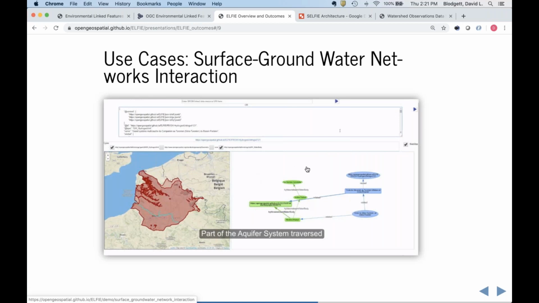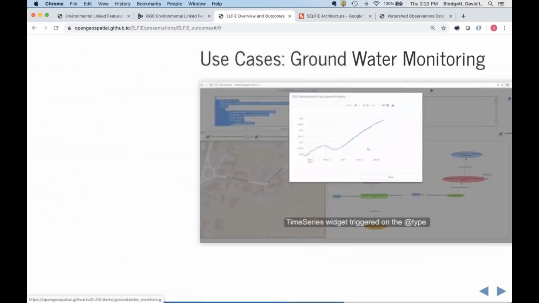They actually built a little viewer where you could put JSON-LD data content into the top, and it would render the features for you in a little interface that was both a map of the geospatial features and a graph of the associations between the features and potentially observations data. And this is work that they've continued on and will be featured in future work here.